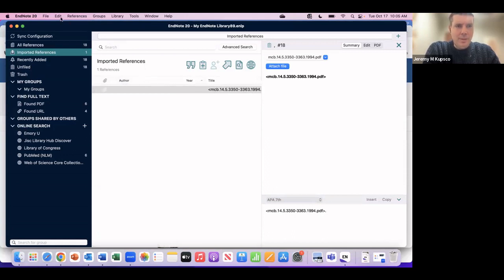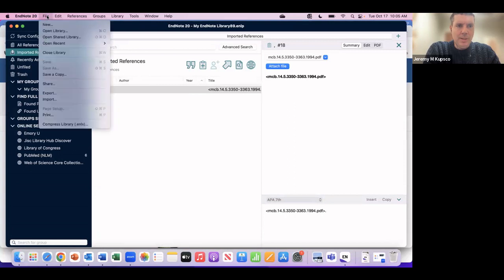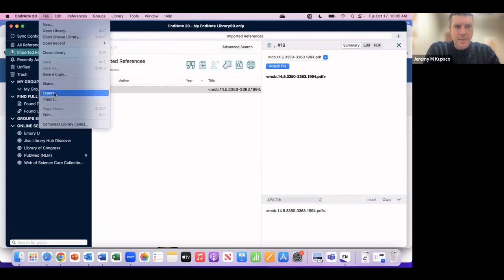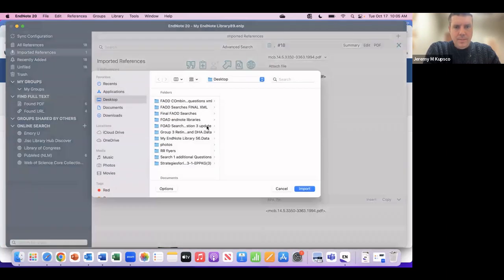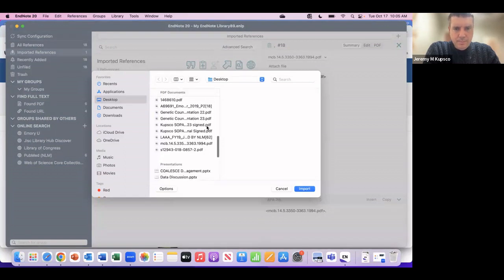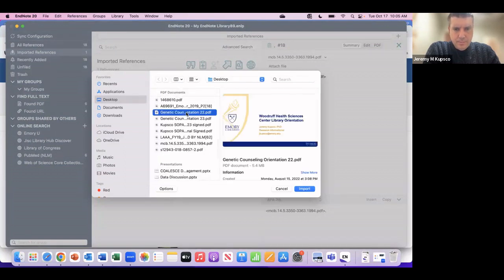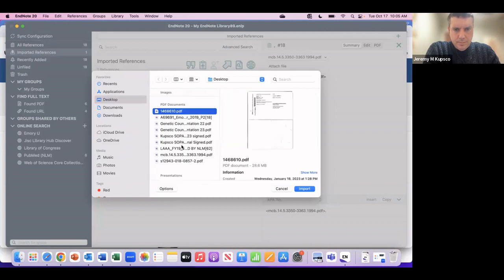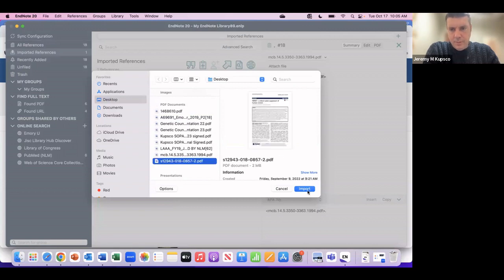Now let's see what happens if you import a newer PDF. So I'll go back to File, Import. Go find a newer PDF. Okay, here's a newer PDF.